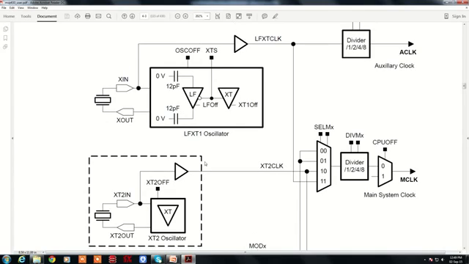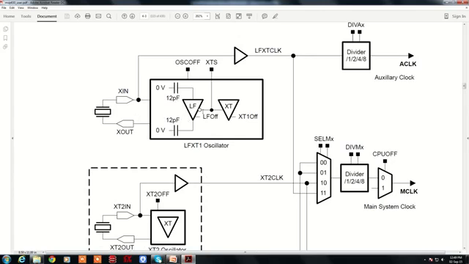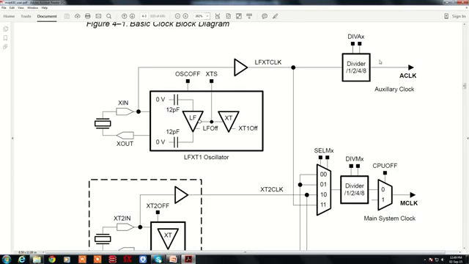So for the clock source X in, the output of this oscillator acts as the auxiliary clock, and with the help of this control register you can choose the dividing factor so that the auxiliary clock can be programmable.